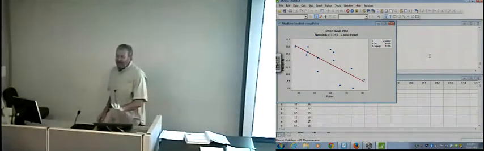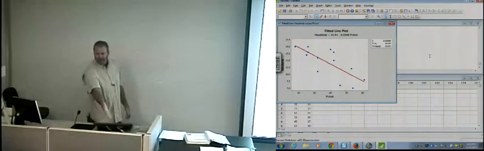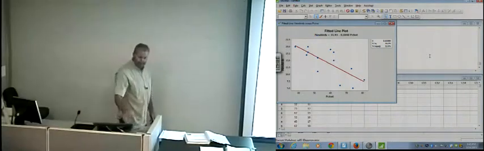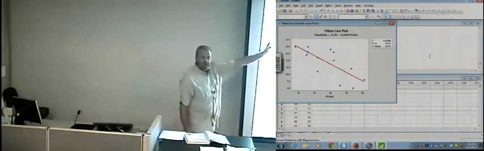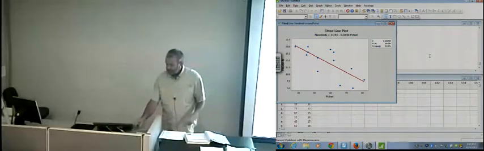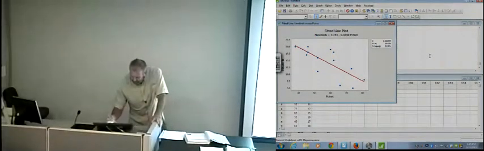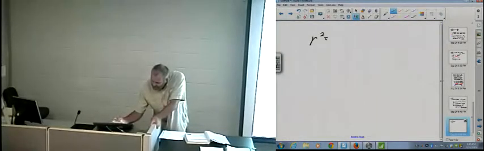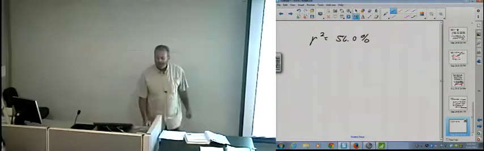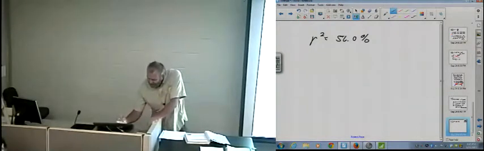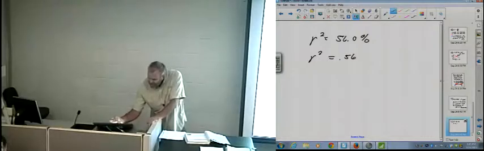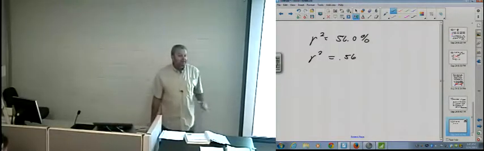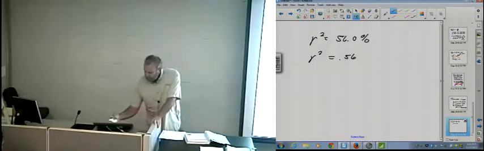Now, let's say I do this to you on Tuesday. Let's say I give you something like this. Right? And you can read the little R squared there is 56 point, right? So I'm going to do this. Let's say your R squared is 56.0%, which means R squared is equal to 0.56. Let's say the question asks you for